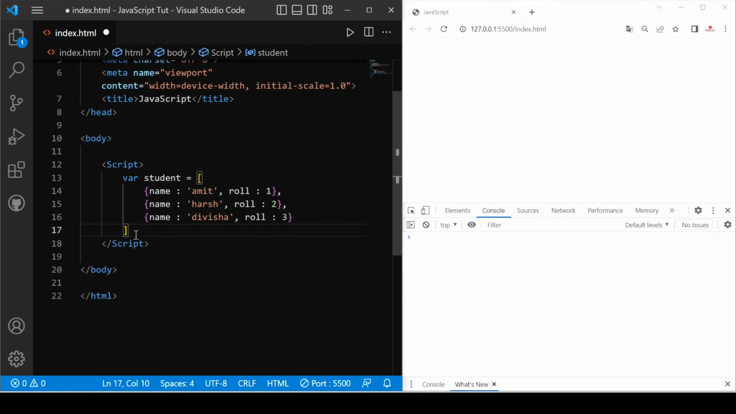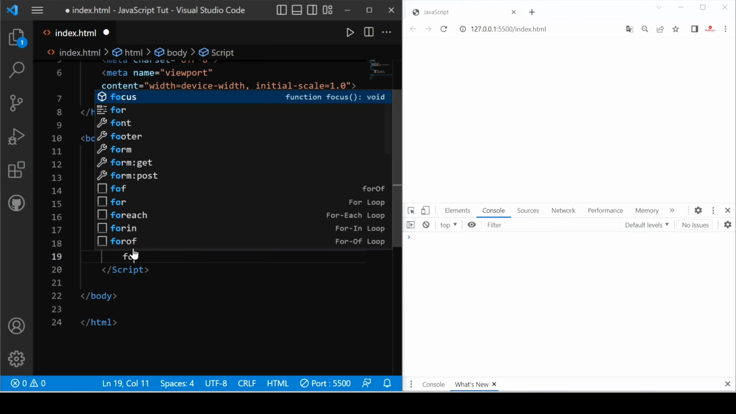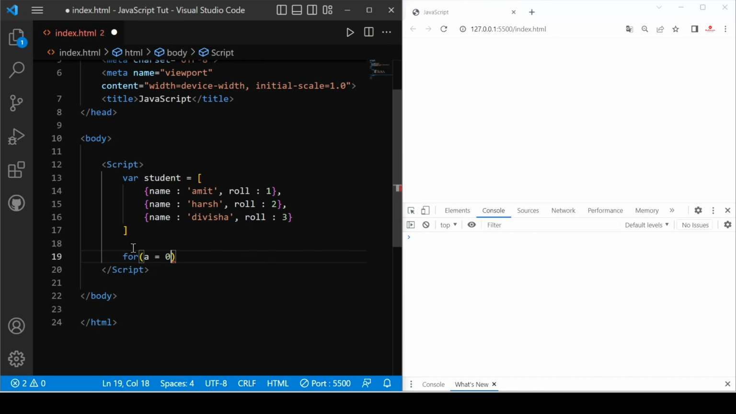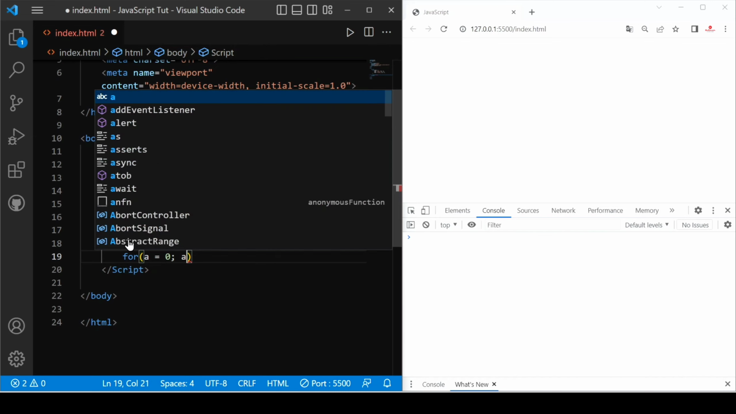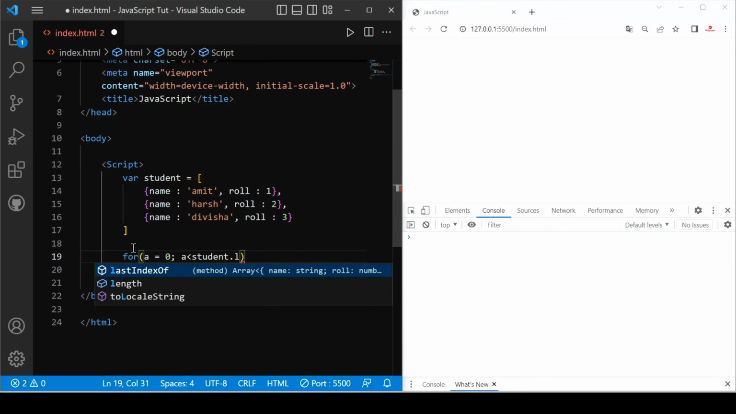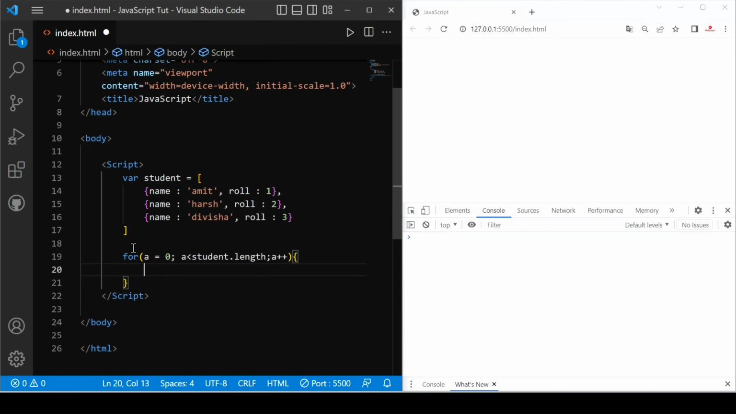Now what if we want to print these values? We know that if we have multiple values in an array, then we can use a for loop. We use for, and after that a equals 0, then a less than student dot length, and after that a plus plus. Now let's use